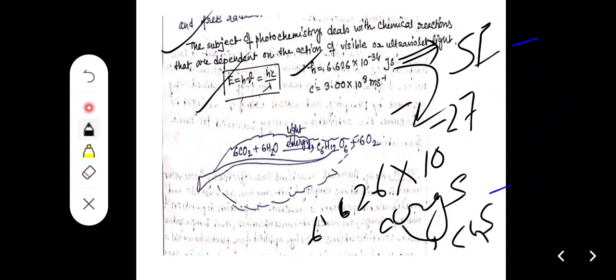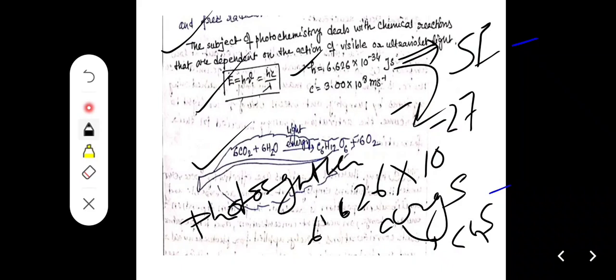Now consider the photosynthesis process. In photosynthesis, 6 CO2 react with 6 H2O in the presence of light to produce glucose and 6 O2. Glucose is the source of food for all creatures, and 6 O2 is the source of oxygen. By this oxygen we are alive in the world.